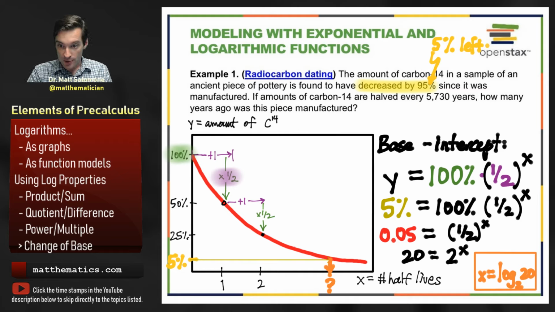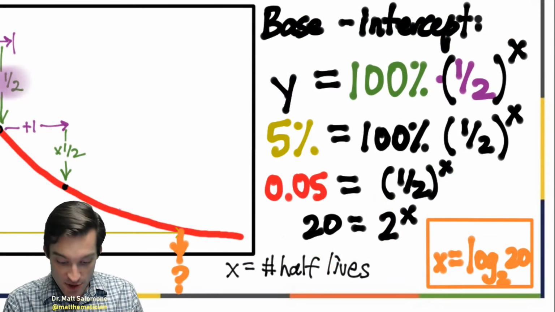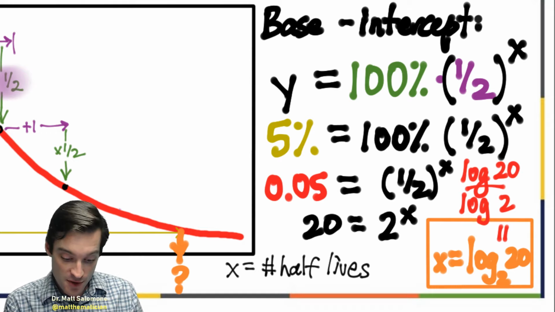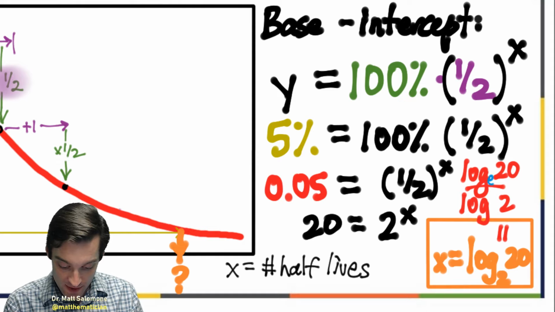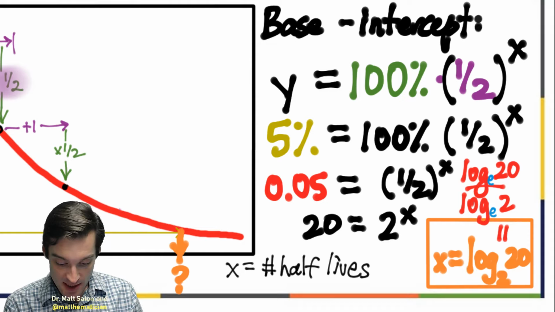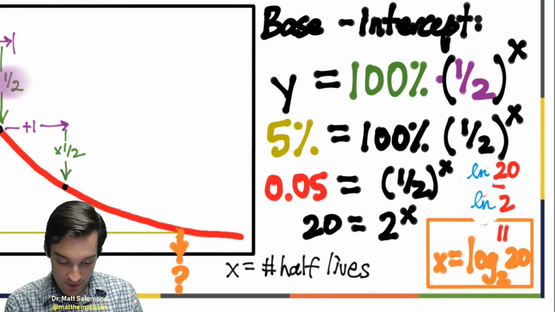How do I do the log base 2 of 20? Well, according to the change of base formula, that's going to be equal to the log with any base that I like of 20 divided by the log with that same base of 2. Just for the sake of fun, let's choose a different base this time. What if I choose the base e log, otherwise known as the natural log? If I choose the base e log, then often we'll call log base e by its other name, the name in which you'll find it on a calculator button. Call it ln. So that's the ln of 2 in the denominator, and it's the ln of 20 in the numerator,